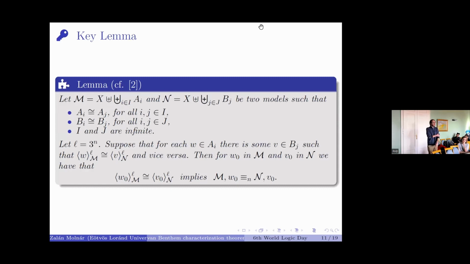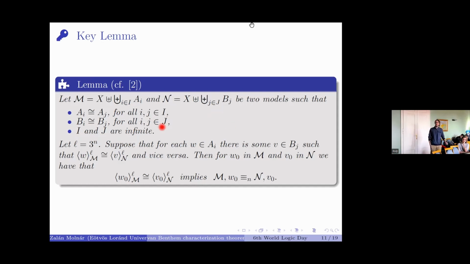And here is the key lemma, and this is the part where I'm basically cheating, because the hard job is done by Bezhanishvili and Henke, but it turns out this will be very suitable for our case. Intuitively it says the following: given two structures of this form, they are glued together, they have some common part X, but they are glued together with A's and B's, such that each A_i, A_j are isomorphic, and also B_i and B_j are isomorphic. Moreover, these index sets are infinite,